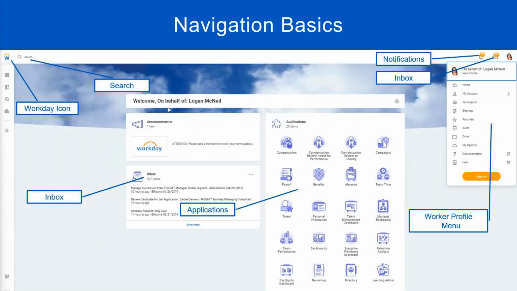We see the Workday icon on the top left hand of our screen and we said that we know now that it is equivalent to the home button that we see on our mobile phones. Right, if you want to come back to this landing page or to the workbench, before we start working on something else, we can click on the Workday icon. Then we have the search bar. In the search bar,